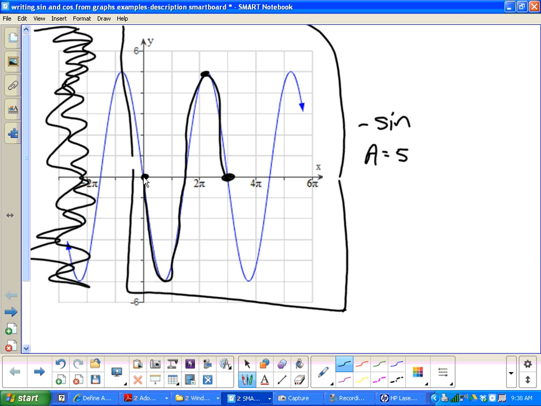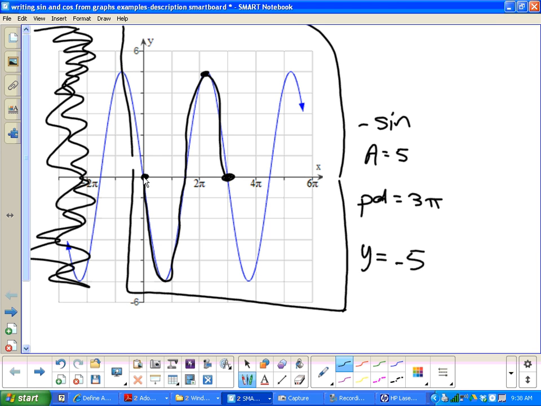That's all of the graph that I'm going to look at, just one period. So what is that value right there? 3 pi. So the period is 3 pi. Now, the directions say that you're not going to have to worry about phase shift or vertical shift. Now, is this enough information to get the equation? Okay? So it's going to be y equals